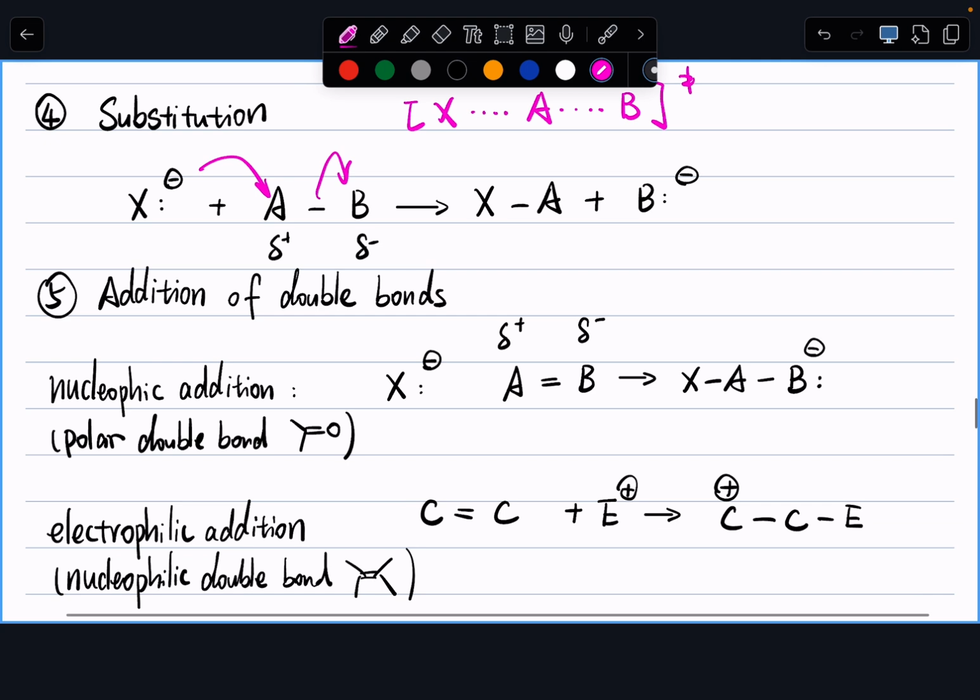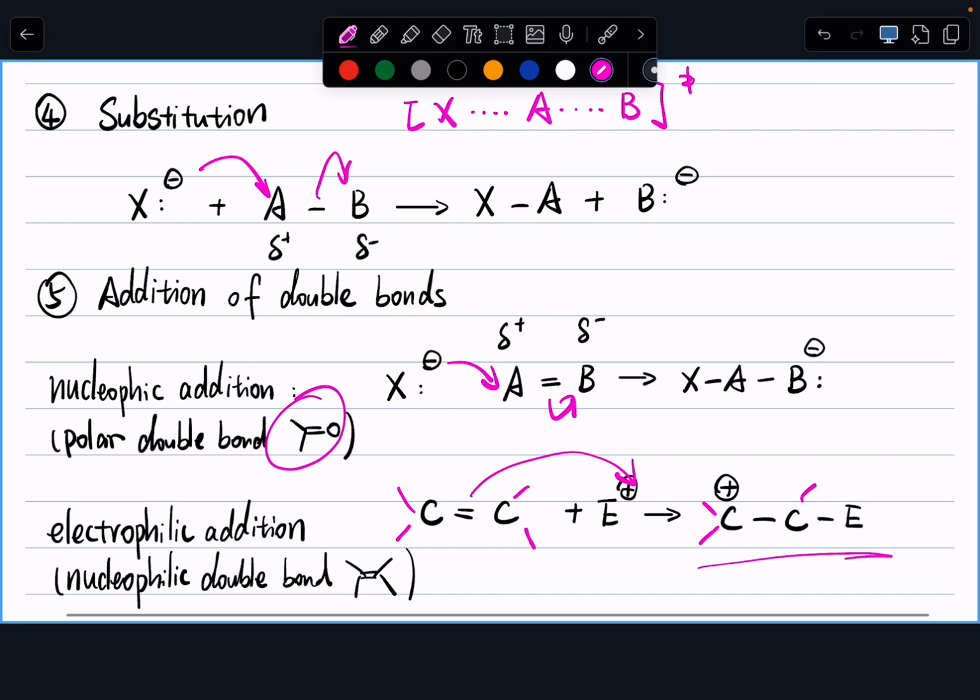And then we have addition. Now you can have the nucleophilic addition onto a polar covalent bond, like a carbonyl group. So that will go like this, right? We're forming a new XA bond. We're breaking an AB bond. We can also have electrophilic addition, where your double bond is acting as a nucleophile. So that's going here. You're forming a new bond between your carbon and the electrophile, and the regioselectivity depends on the stability of your carbocation. I didn't draw the things here, but